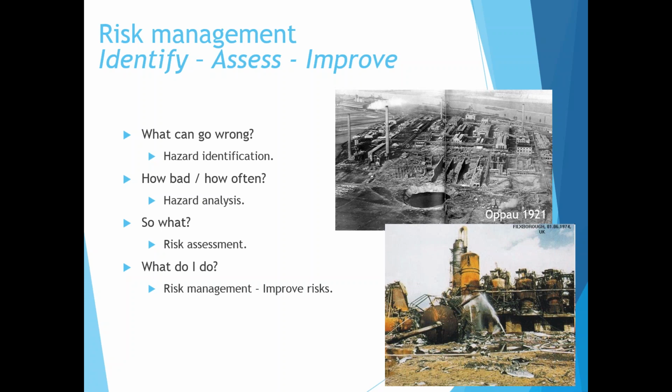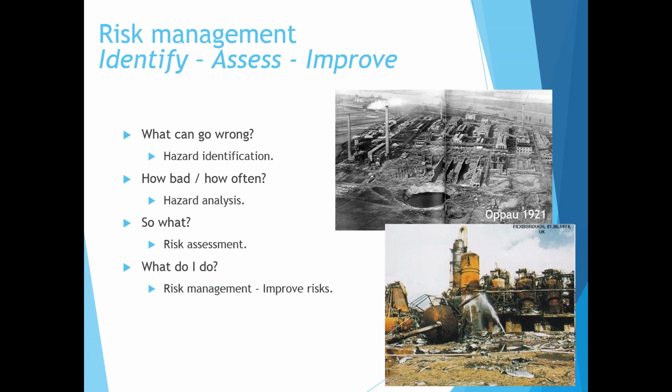So I've deliberately chosen two pictures here as examples for risks that have not been controlled well. On top, where you see the crater, that's where the biggest non-nuclear explosion in the world took place in 1921, when a few hundred tons of ammonium nitrate blew up in Oppau on the River Rhine. You see the Rhine in the back. This is in Germany, very close to Basel, between the Swiss border and Frankfurt. That explosion blew up this site, and it could be heard all the way to London. Below, you see another very famous incident, Flixborough, 1974 in the UK, where a 60 cubic meter tank of N-hexane blew up